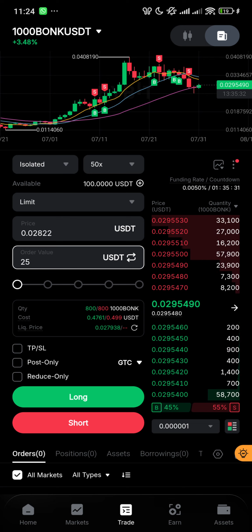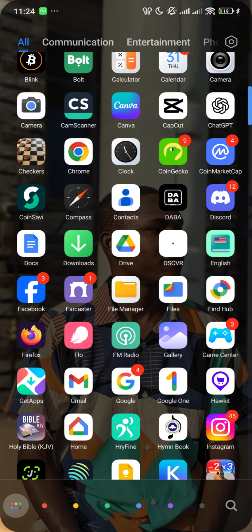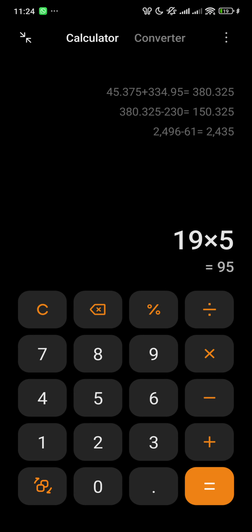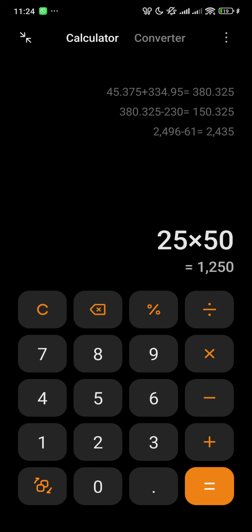Now also this cost is not tallying, because I want to use $25 to take this trade, but here I'm seeing 0.4. It should also be showing me $25. So how do I calculate my leverage? Let's go open our calculator. Okay, so this is our calculator. On this calculator, you will say 25 times 50, right? That's 25 times 50 because you are using 50x leverage, and you want to use $25 to trade, so 25 times 50 gives you